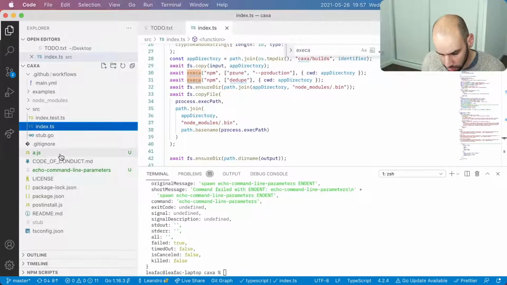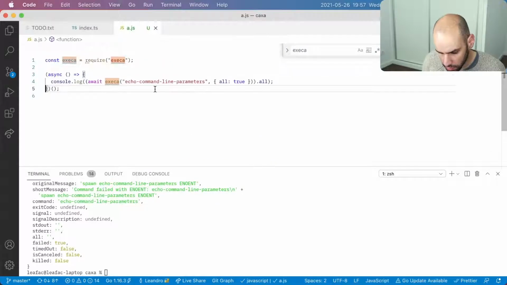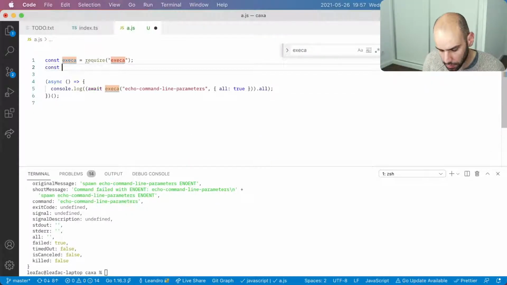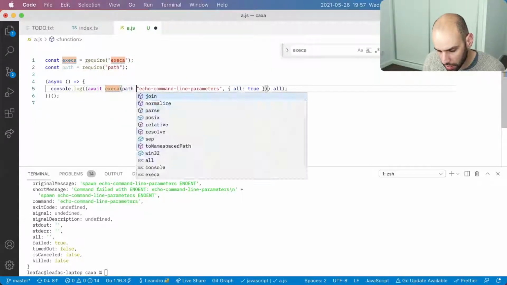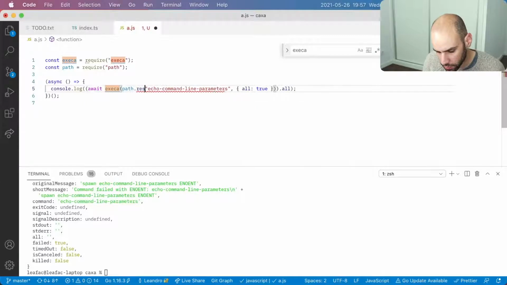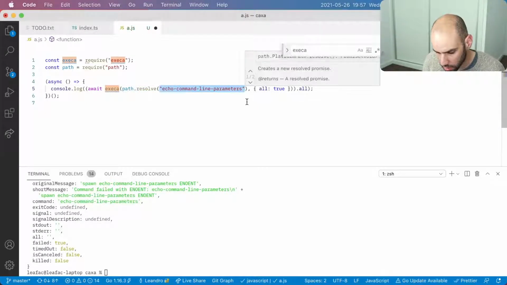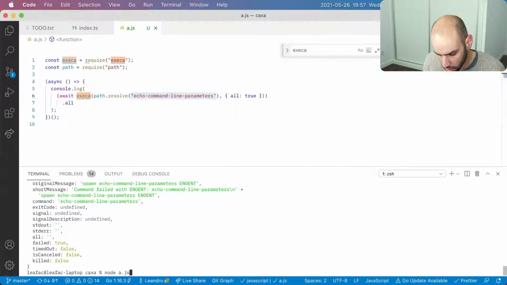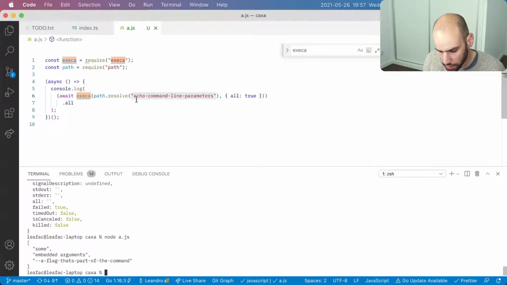I think I closed the wrong file, whatever. I closed without saving the wrong file. So I'll have to say here again path, and then we'll say path.resolve of that. Okay, so that is running.